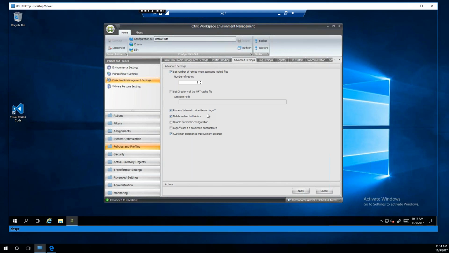I see a question came in, and yes, WEM can migrate the user profile from Windows 7 to Windows 10. Depending on what settings you want and depending on how you set it up, you can go back and forth without issues. The issues tend to be the application. Like if you were to upgrade Outlook, it changes the bits that it uses in the Outlook profile key. It makes it bigger with every version of Outlook you go to, so you can never go back. It's never the operating system. It's always the application that can give you the fits for that.